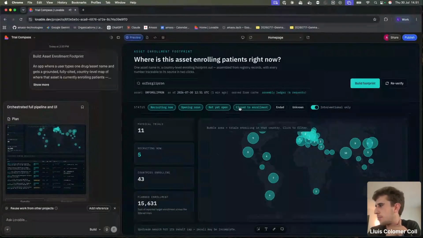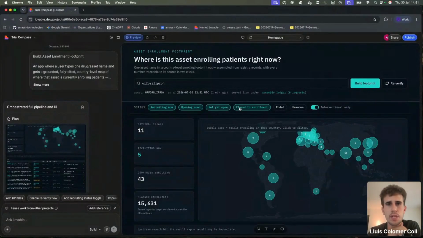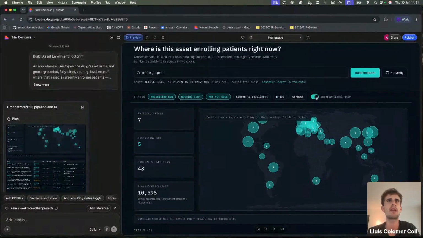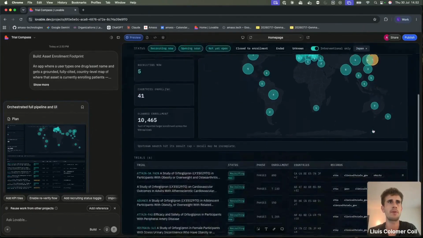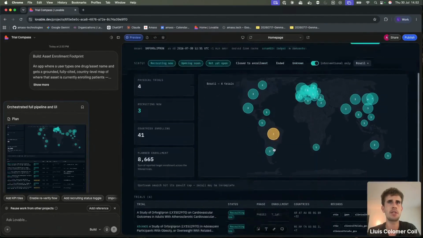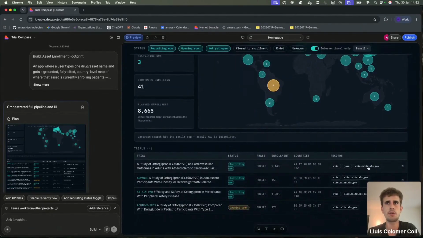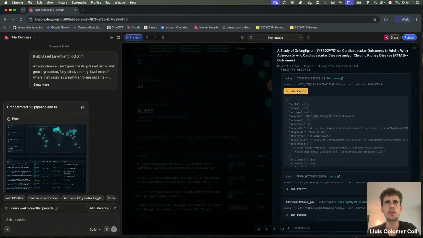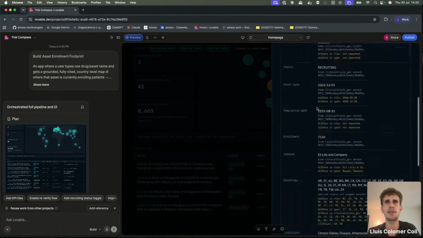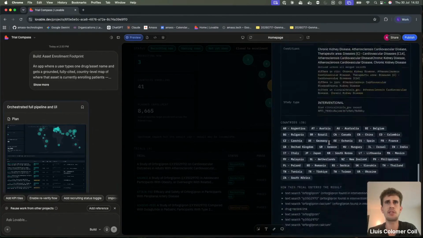And then these are also some filters that our API allows us to filter on. And then we can see how the map is interactive, how we get bigger bubbles for countries where more trials are enrolled, and how, if we, for example, click on Brazil, we get the 4 trials here, how we get the raw record, how we get the title exactly as it is, how we get the phase exactly as it is, how we get all the countries where this trial is being run.